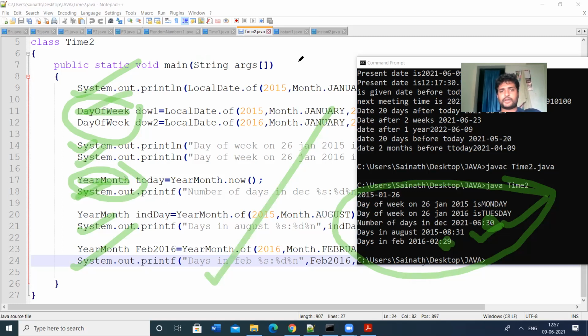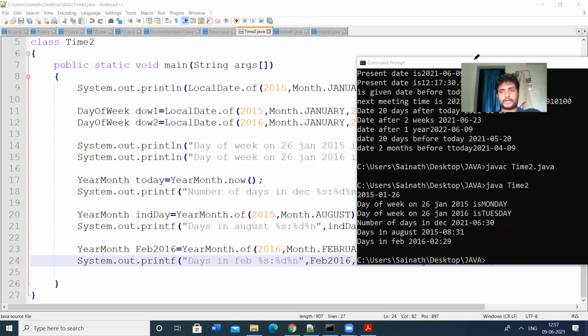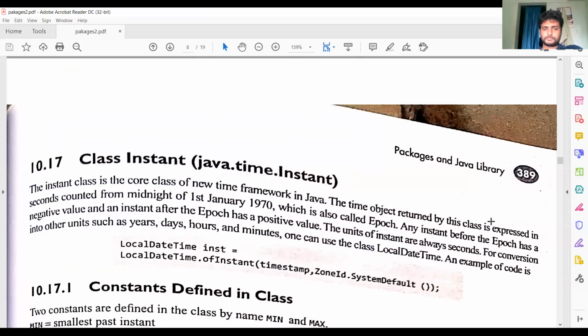In the previous program, we have seen the LocalDate, LocalTime, and LocalDateTime classes. Next, another important class is the Instant class.